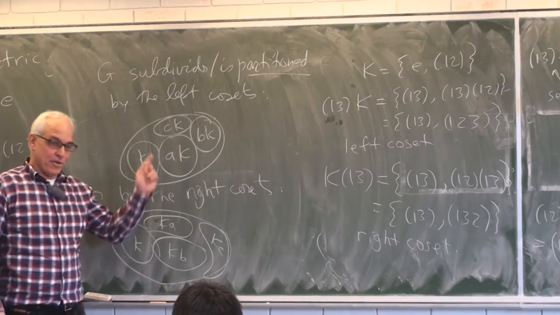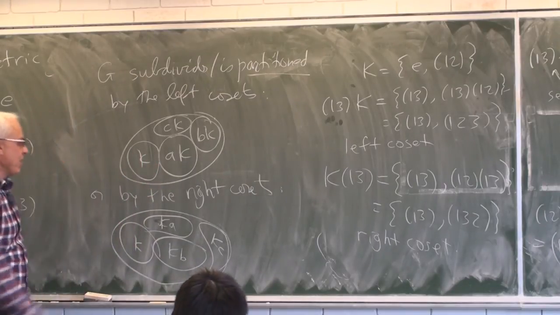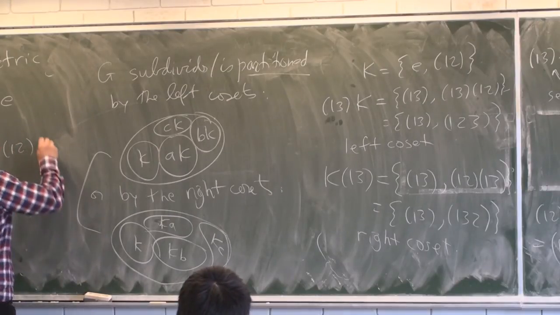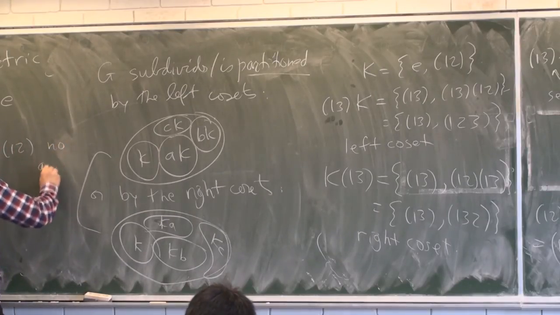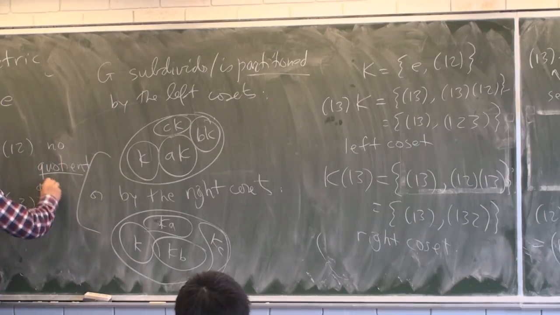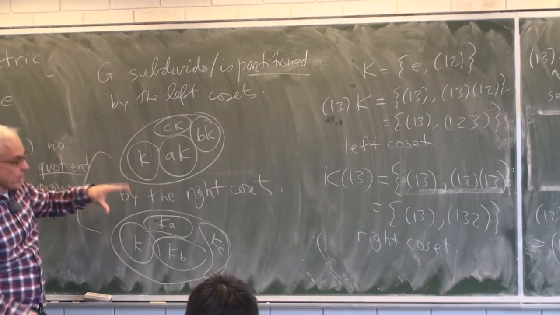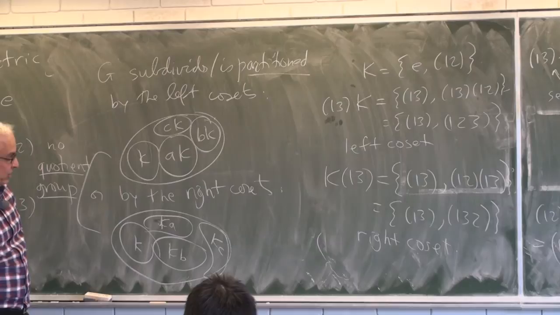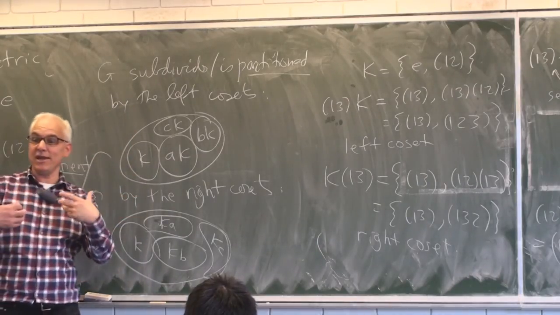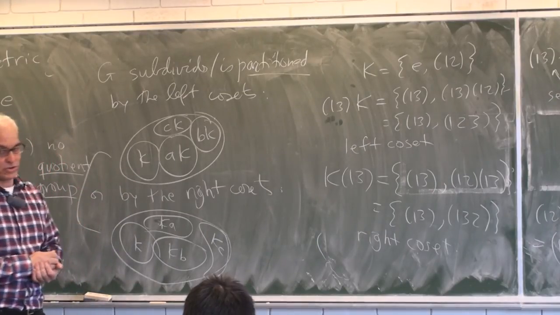And when that happens, the cosets themselves do not form a group. We cannot multiply these cosets consistently to get a group. So no quotient group structure in this case. But in the normal case, when we're like that subgroup H, then the left cosets and the right cosets agree, then the situation is much happier, and then we do get a quotient group.